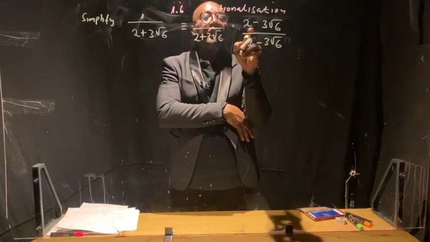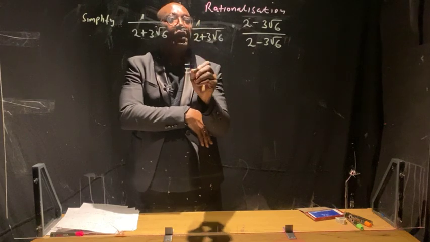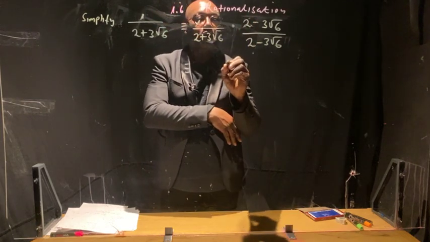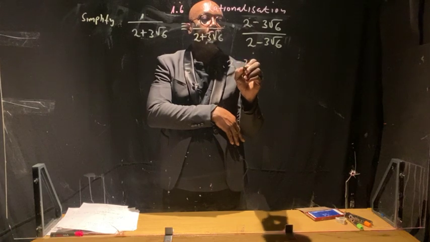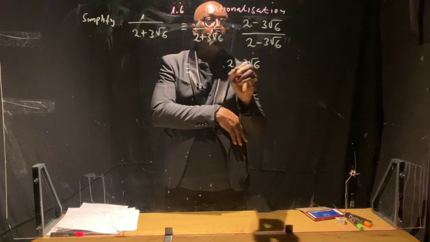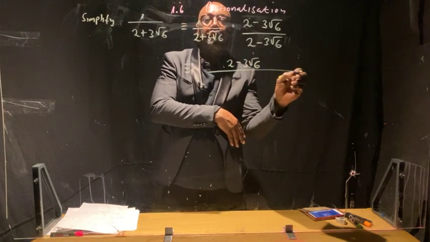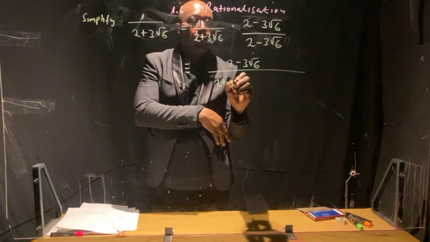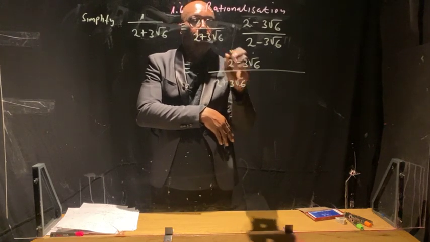We change the sign. So it becomes 1 multiplied by 2 minus 3 root 6 in the numerator, the 2 minus 3 root 6 remains the same, all over the denominator 2 plus 3 root 6,